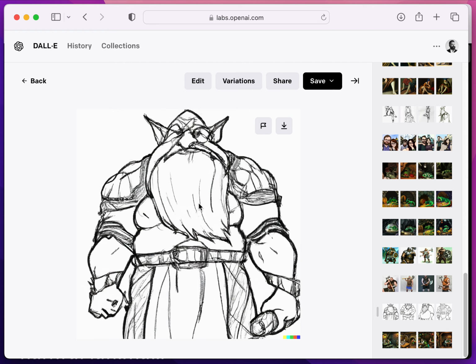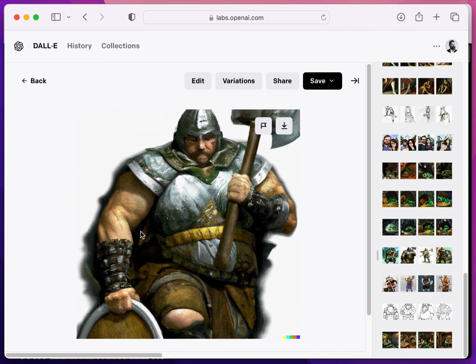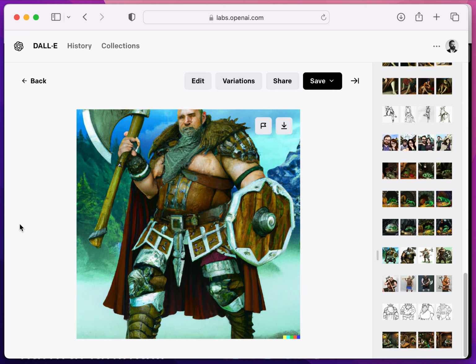I prefer to use drawings and illustrations in my games that are a bit more abstract and leave a bit more to the imagination. And of course, with Dall-e, if you specify a particular genre or style, it'll kind of move in that direction. Here we've got another great example of the dwarf that is cleanly shaven from our previous example. I think that looks like it might be a beard that's turned into a scarf. I'm not sure, but